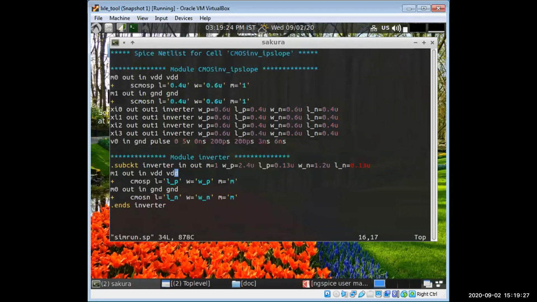So now include the .lib file, which is .lib home VLSI project 2020 EDA ngSpice 32 models.